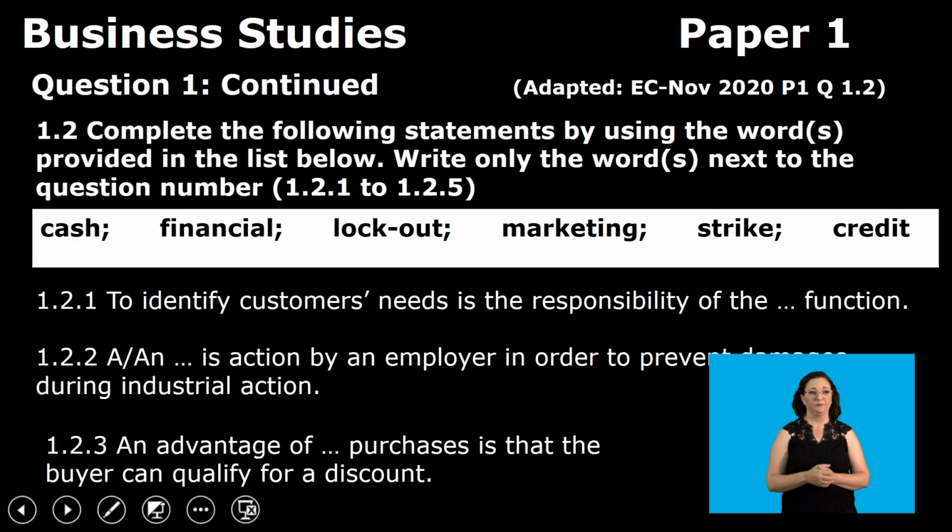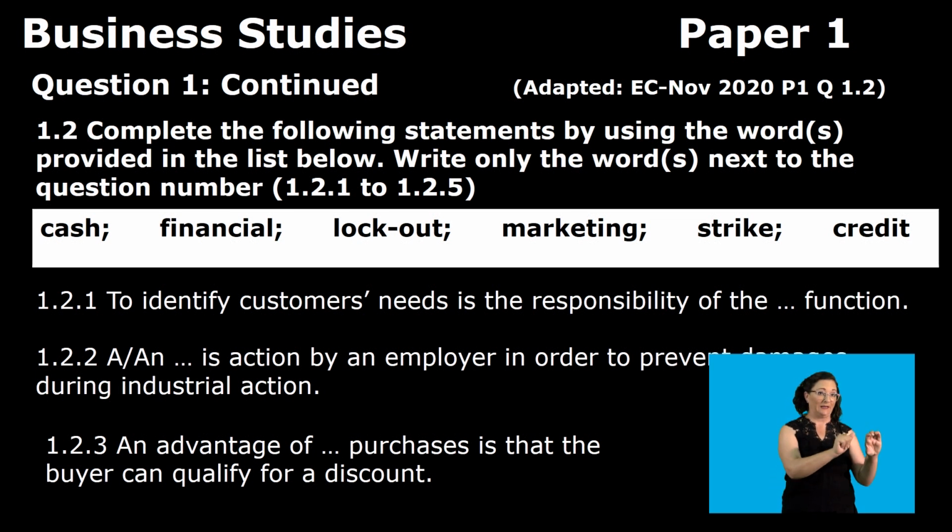Then you go to 1.2, still on section A. Remember, everything is compulsory in section A. It says here, complete the following statement by using the words provided in the list below. Write only the words next to the question number 1.2.1 to 1.2.5. Right, here are the words. Let's read. It says 1.2.1, to identify customers' needs is the responsibility of the function. Which function? So in your answer book, you'll say